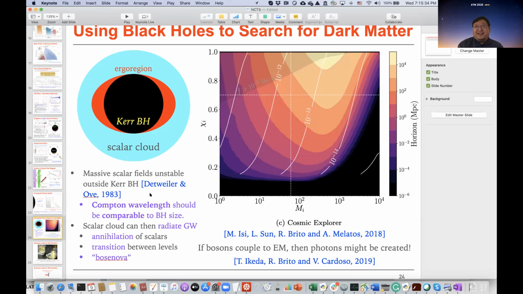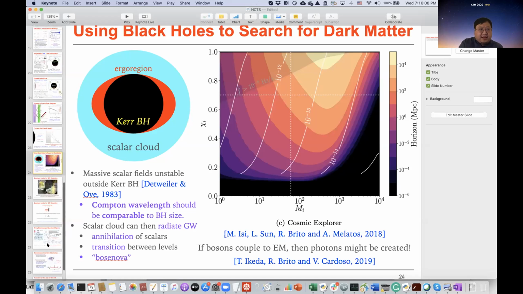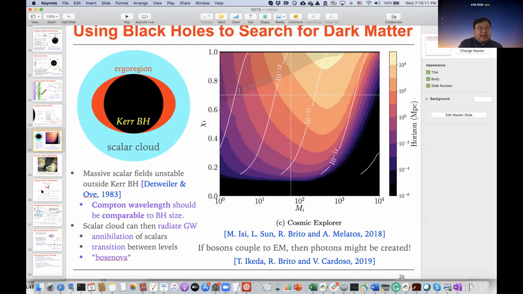So as a Penrose process, basically it means that the energy of the rotation of the black hole is extracted, and in this case, in the form of a heightened amplitude of the scalar field. And basically, if you have massive scalar fields like the axion, they can be generated from these Kerr black holes right after the merger of two black holes. And then there are proposals to search for these gravitational waves, and there are ongoing searches for such gravitational wave signatures from LIGO data.